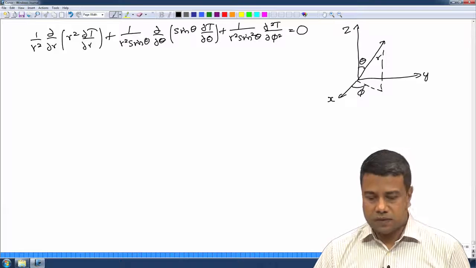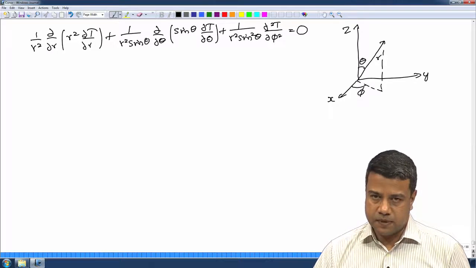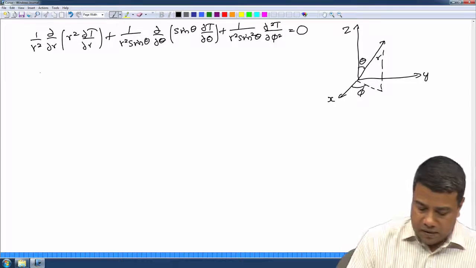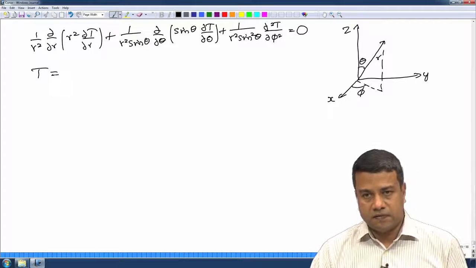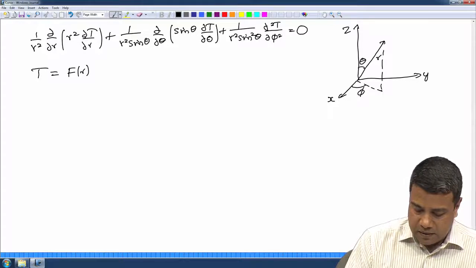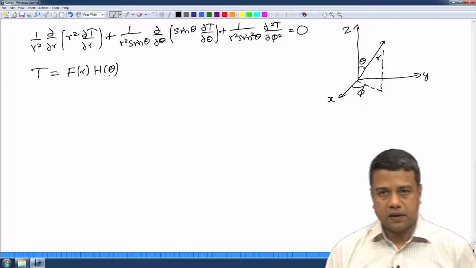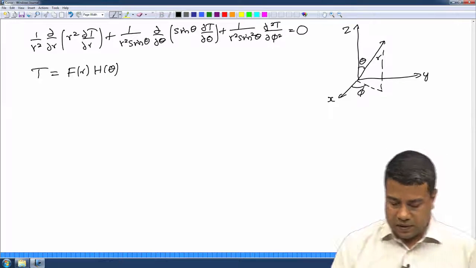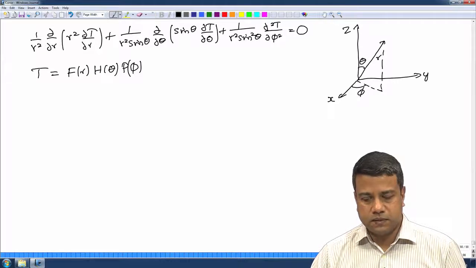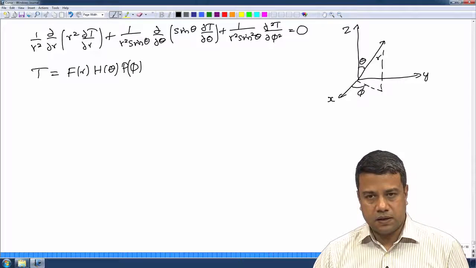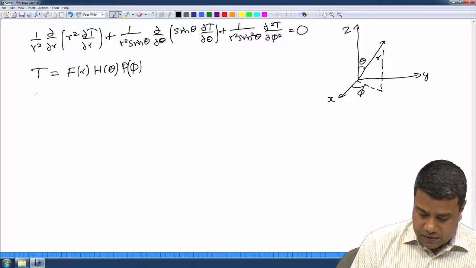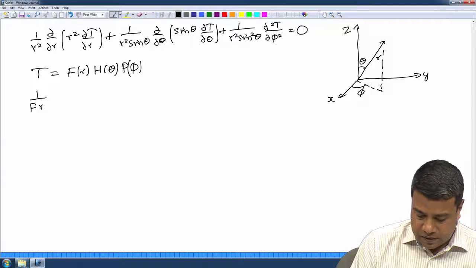For any general coordinate system, what I would do is to write down the temperature using separation of variables. How do I go about doing that? First thing is, I can write the temperature, first separating out the phi dependence, as F of r, h of theta, and I have one more term, which is p of phi. Insert it into this equation, and divide throughout by f h p. So, the first term I will get is 1 by f r square